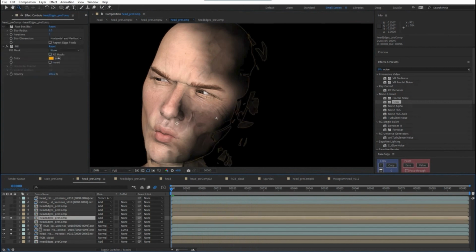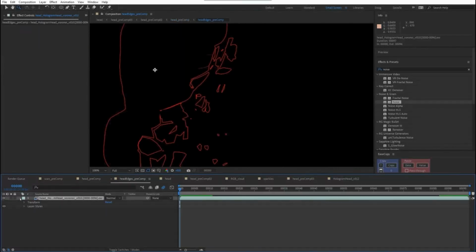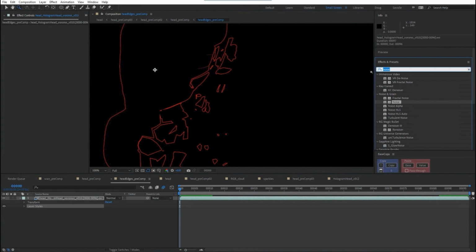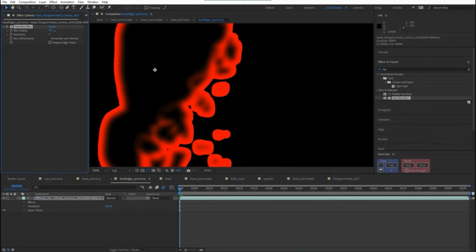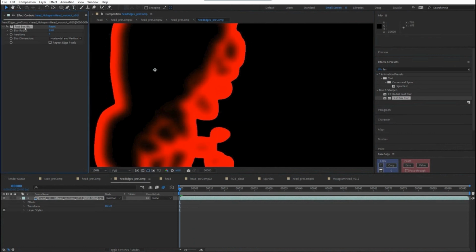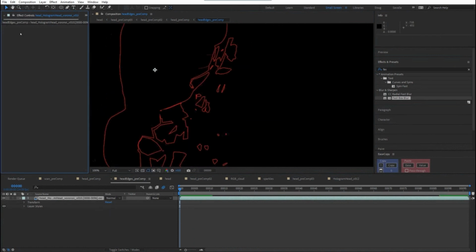And then in addition to that, just edges on the side here. What I'm doing here is really simple, just a layer style in there. And the reason why the layer style is pre-comped is because if you use layer styles, any effect that you do on top of that happens before the layer styles. Layer styles will do the layer styles after all of your effects. So for instance, if I put a fast blur on here, right, it's doing the stroke to the blur. It's not blurring the stroke. So if you do your layer styles, pre-comp it, and then you can affect that in any way you want.